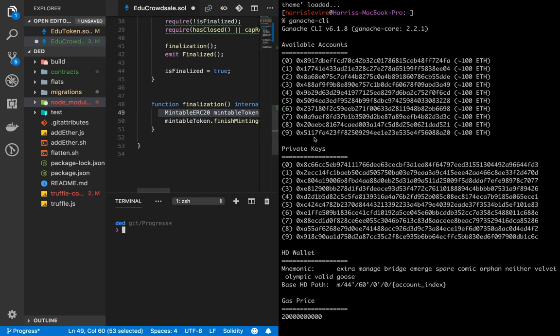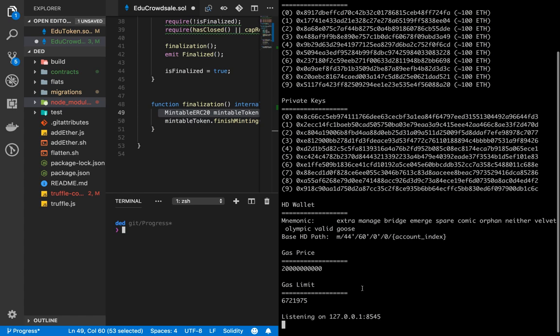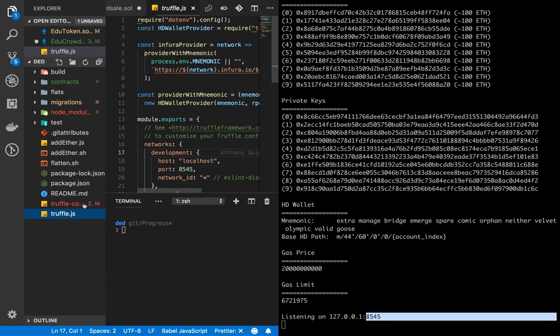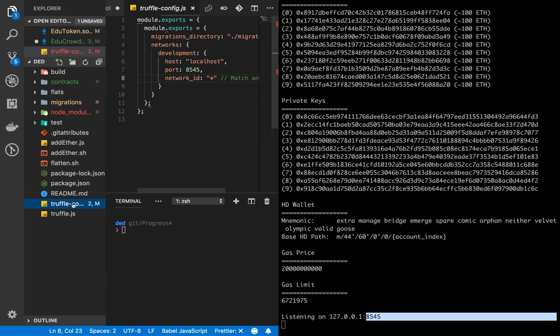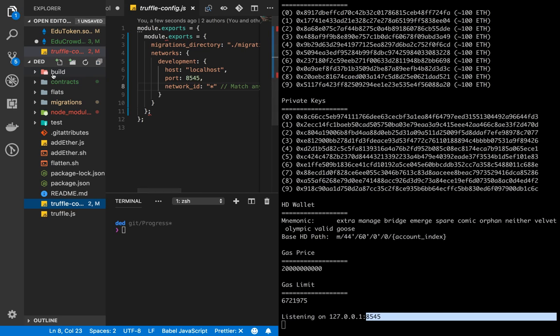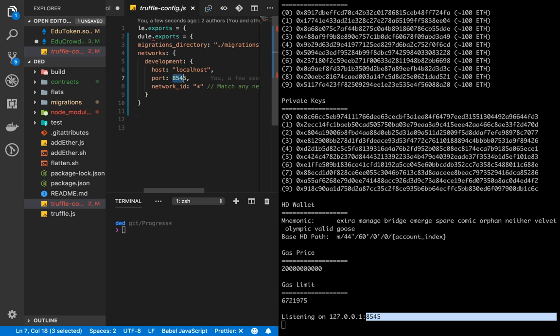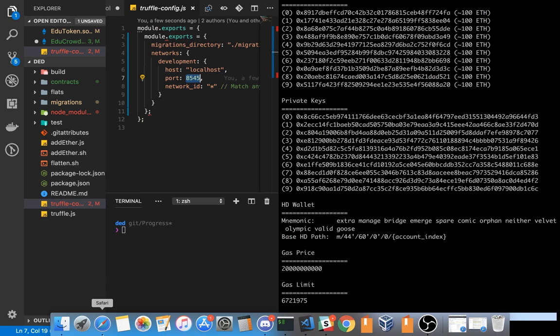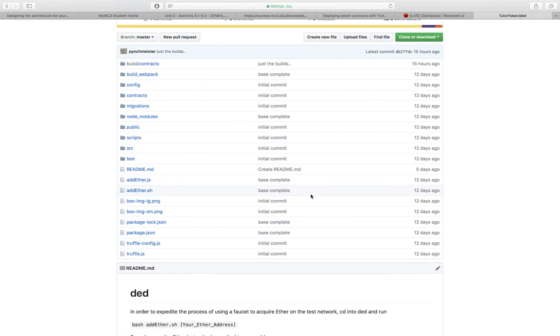Getting back into it. Like I was saying, we have gas price, gas limit. And as you can see here, it's listening on localhost port 8545. So if we go back into our code, I made some edits to the truffle config file, and I changed the port to 8545 so that when we go to compile and migrate our contracts to this test network, it will be able to communicate with it and know where to go. And like I said, once again, it's going to be hard. I know I've been going over some code line by line, but it's going to be really difficult for me to